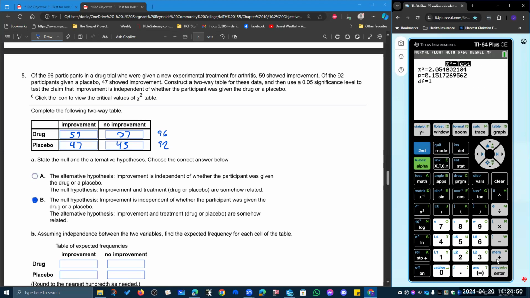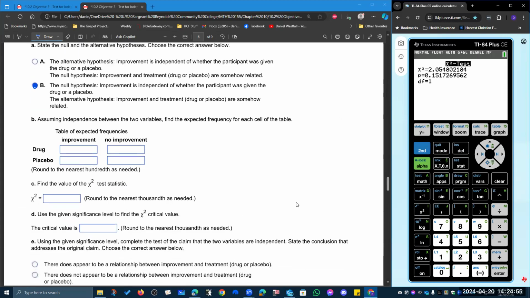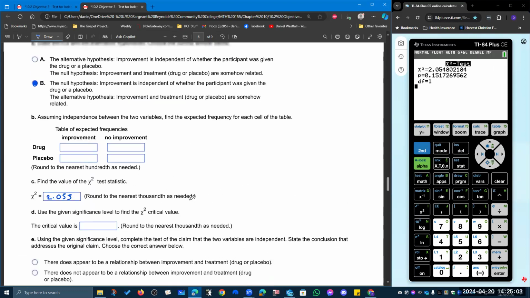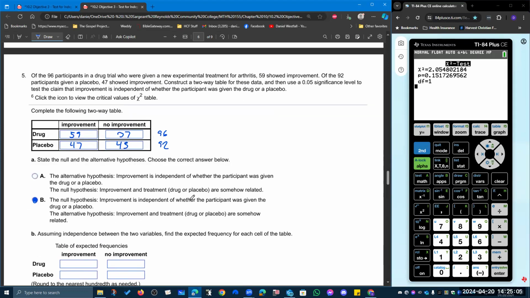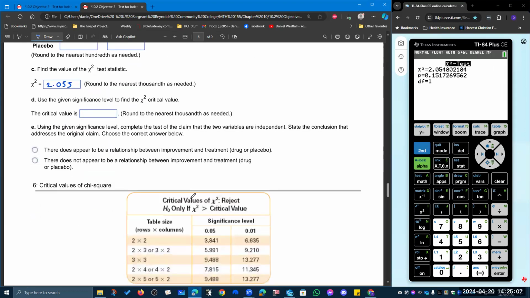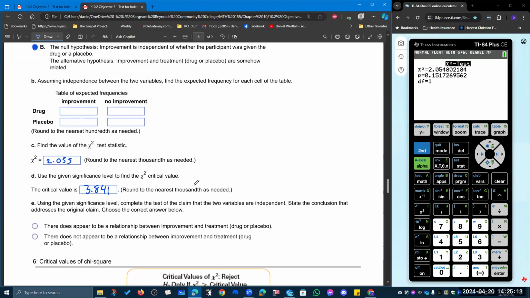There we go. We get a chi-squared value of 2.055. And our critical value for a 2x2 table for alpha 0.05 is 3.841. Chi-squared is less than the critical value, so there does not appear to be a relationship